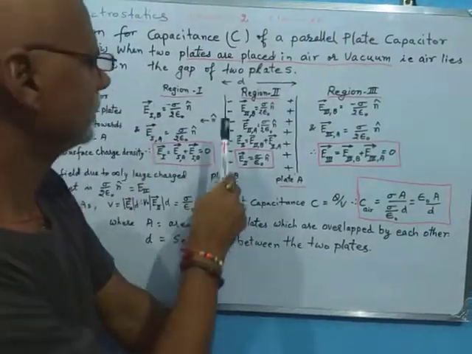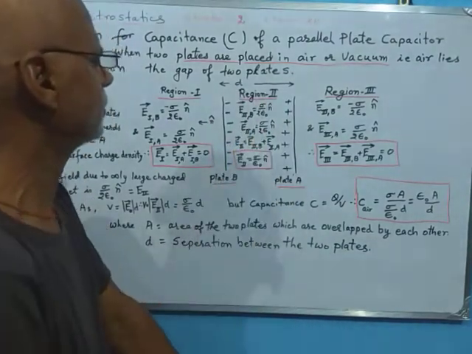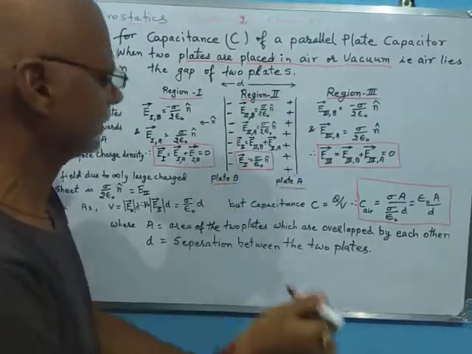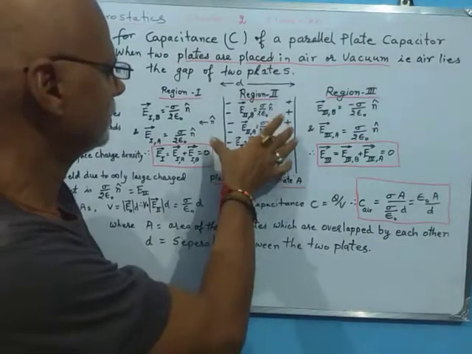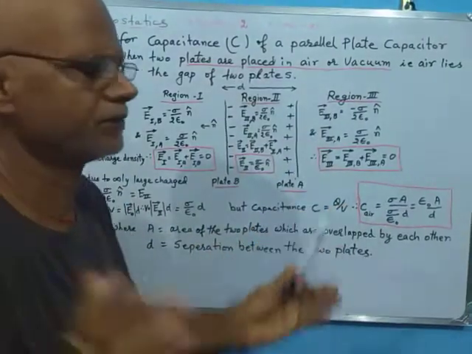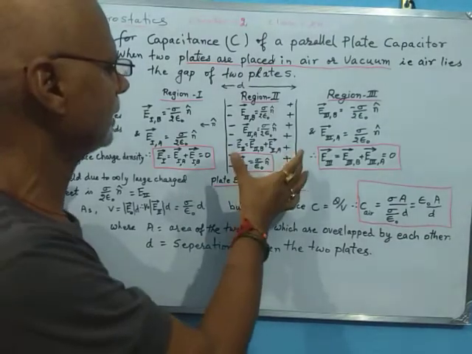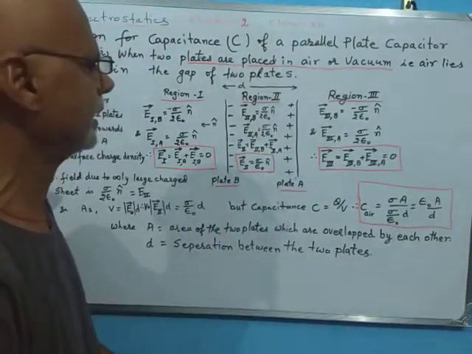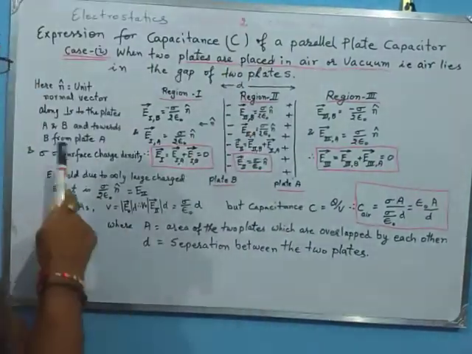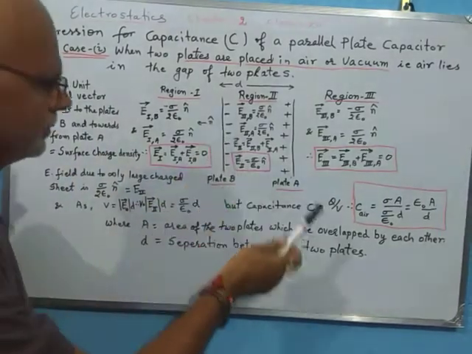So this means we are having two plates separated by some small distance d. Then we can consider that the air medium lies between the two plates, means the two plates are placed in air, in atmosphere or in vacuum. So here we are considering this case, and we also consider that the charge density on each plate is sigma, and the area of each plate which is common to it.